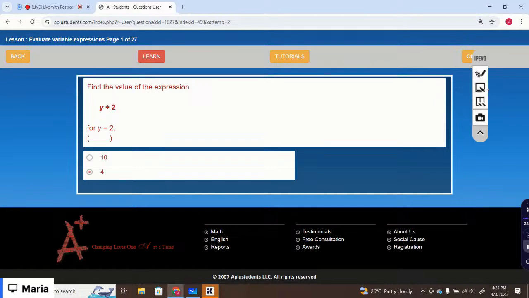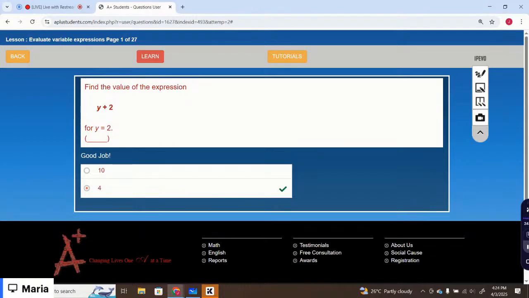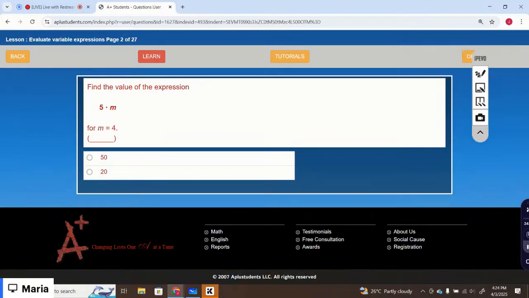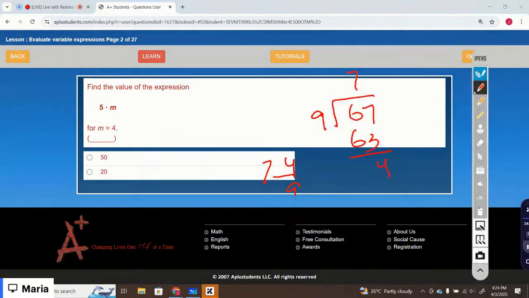That is, you need to replace y with the value 2 plus 2 makes 4. Okay, so find the value of the expression that is 5 times m. We have to evaluate it for m equals 4. So simply replace m with a value, that is 5 times 4. So 5 times 4 is